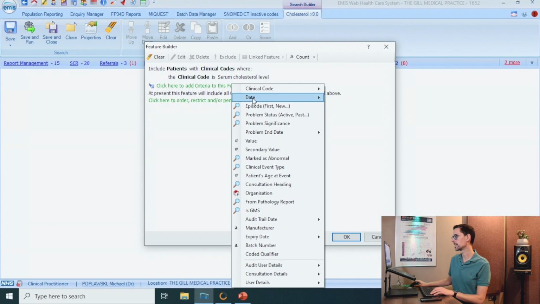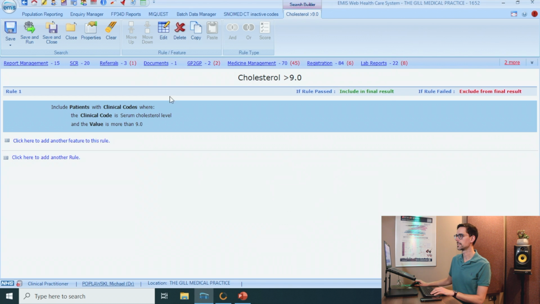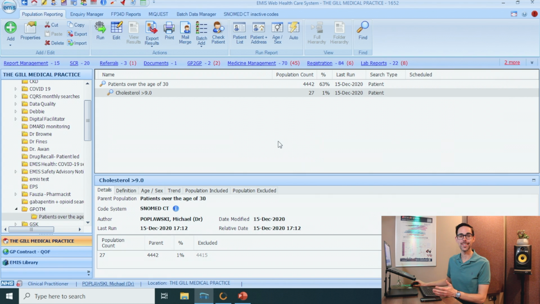So add a criteria to this and click on value. All you have to do here is write 9 and click OK. Press OK and save and run this search. And you're running the report. And it worked. So that means there are 27 patients at our practice who have had a serum cholesterol of